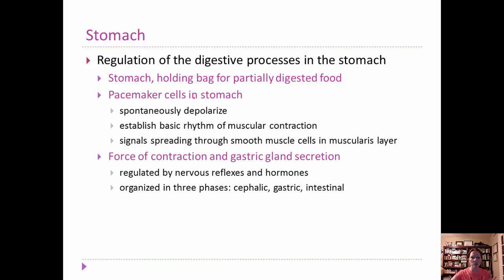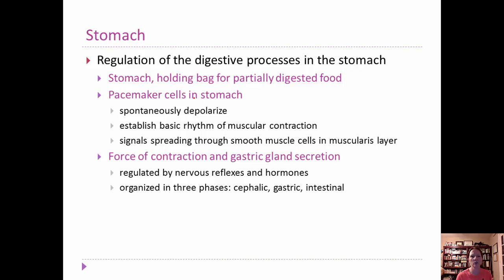It's going to establish this basic rhythm of muscular contraction. So what's happening in your stomach is going to be very planned there. And the signals are going to spread through that muscle, the smooth muscle in that muscularis layer. So we're going to take a look at how the force of the contraction and the gastric gland secretion is